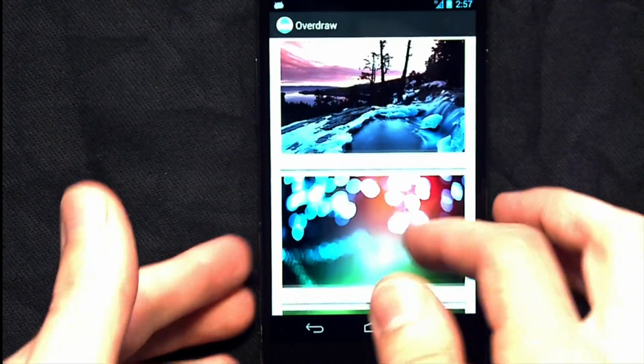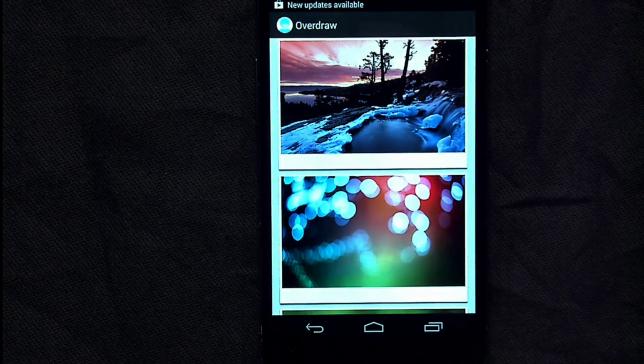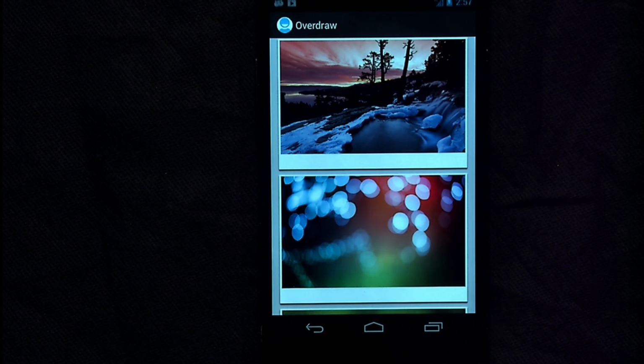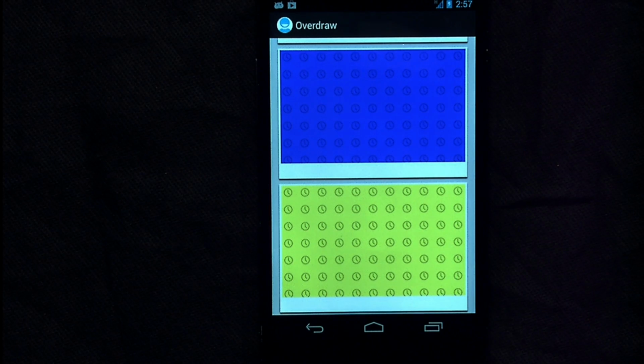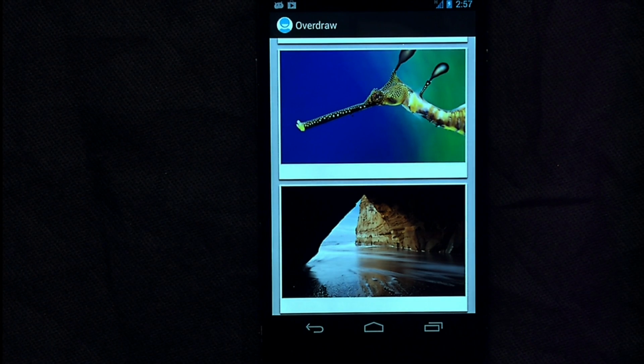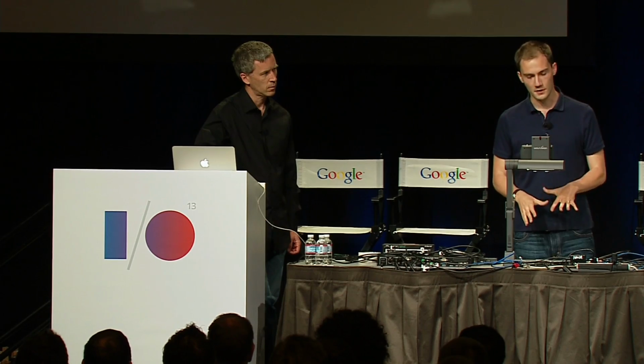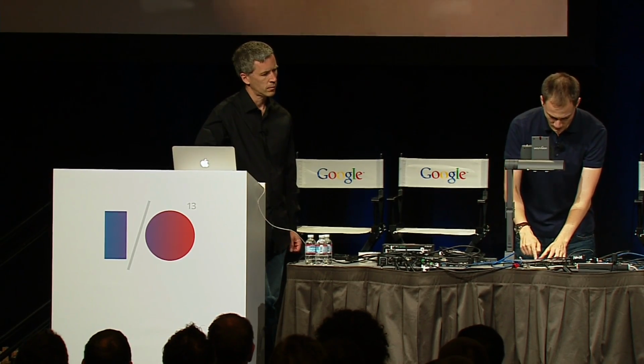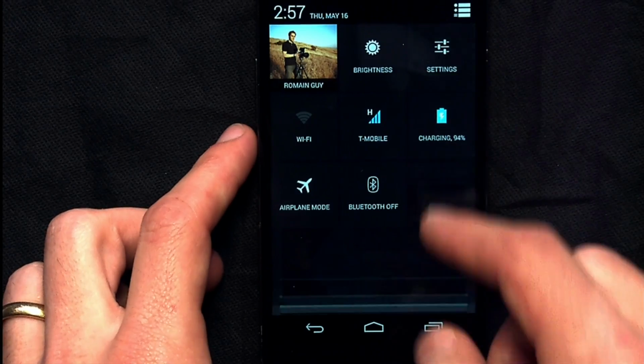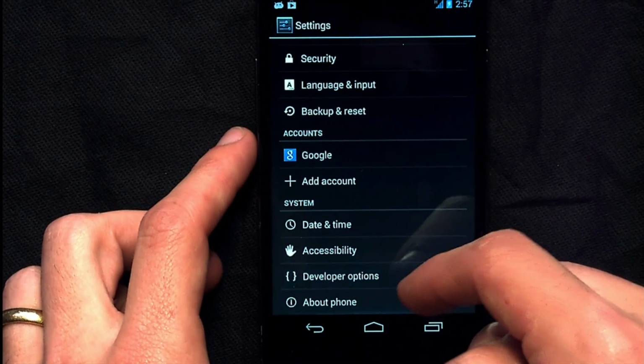This app is just a demo app. It's a list of images, and what I do is I fake loading the images from the network. When I scroll really quickly, you can see a placeholder, and after a random amount of time, the image appears. The scrolling is pretty good, but this is a Nexus 4, so performance is usually awesome on that device. Now, if we go in the settings and turn on the Overdraw debug,